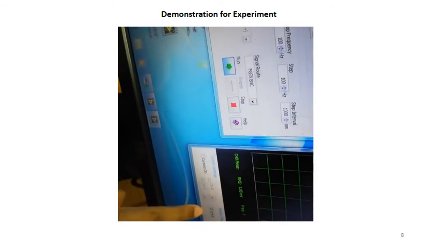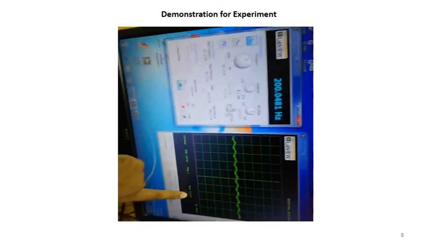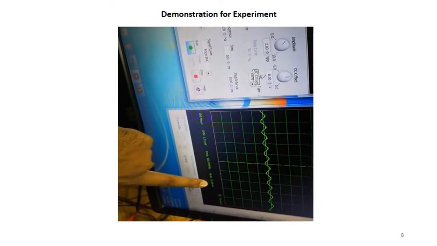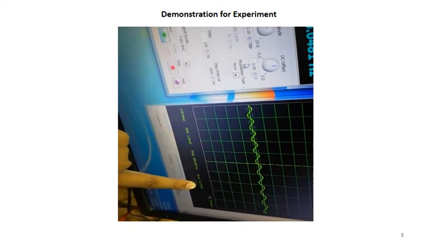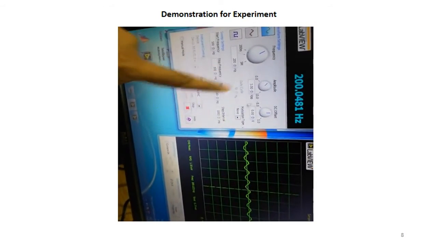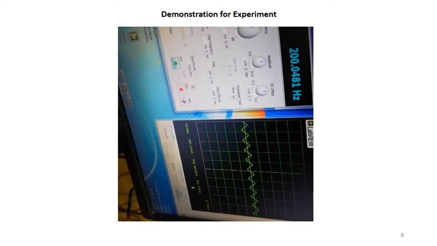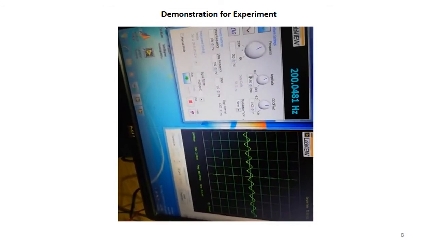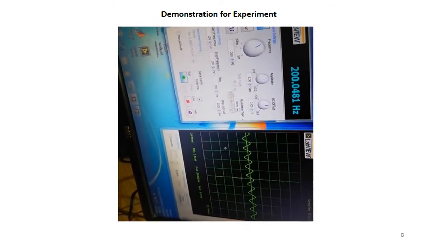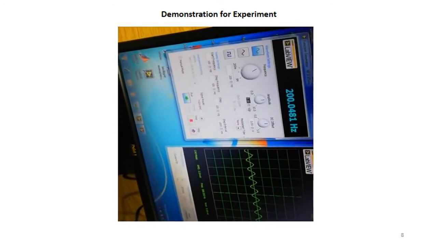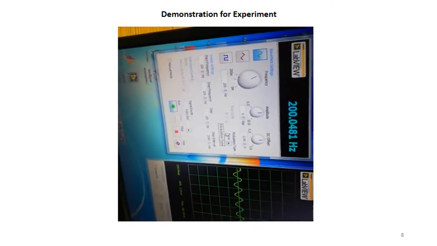Now we will increase the voltage value. We will change it to 4 volts peak to peak and gradually increase the voltage. Now 5 volts peak to peak. We can observe a change in the output voltage, that is 8.9 something peak to peak millivolts, and now this is 10.8 peak to peak millivolts. You can see that by increasing the input you can observe a change in the output.